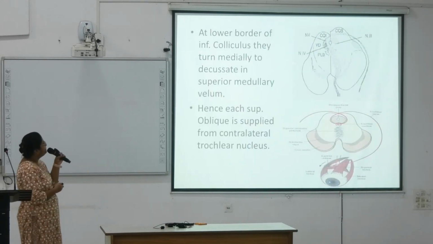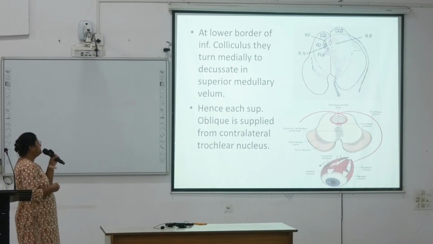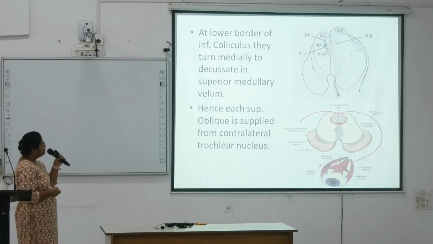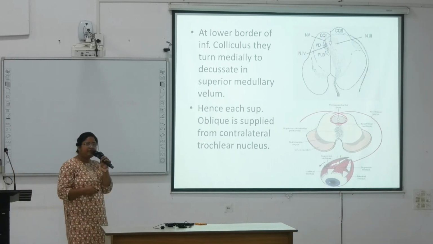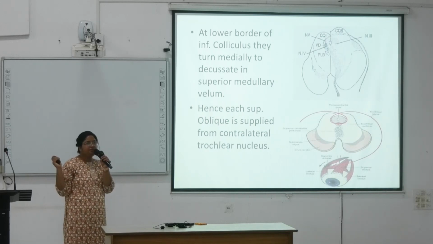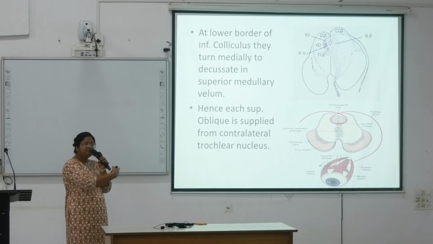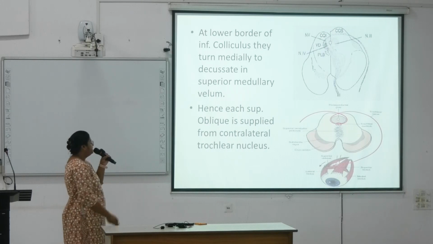At the lower border of inferior colliculi, they turn medially to decussate in the superior medullary velum. Here, it is crossing with each other, and hence each superior oblique is supplied by the contralateral trochlear nucleus. The course is important to know which nucleus is supplying. If paralysis occurs on one side, the opposite side superior oblique will be paralysed because there is a crisscross between these nerves. Next,